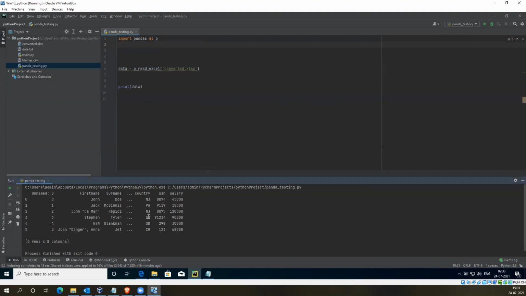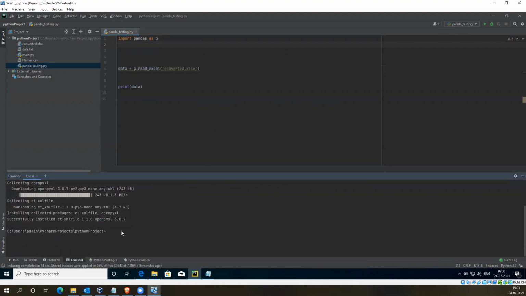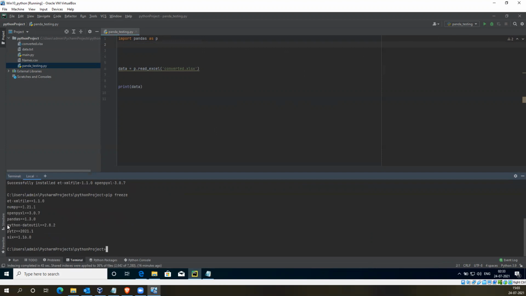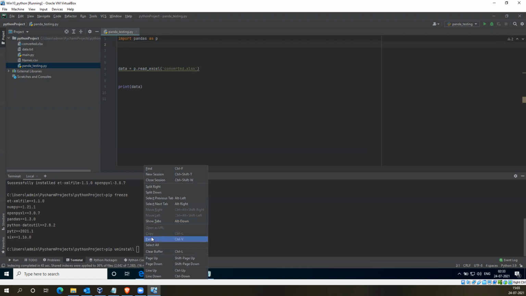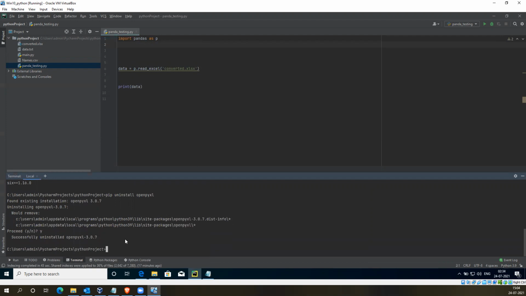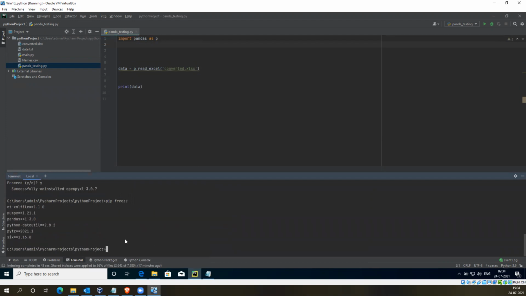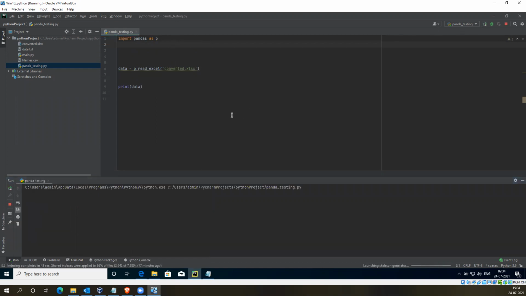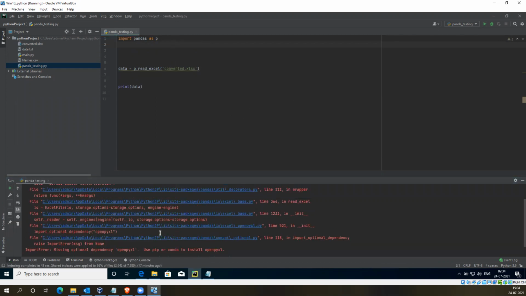So we don't use that second library yet. OpenPyXL, right? Let me uninstall this. It's not there. Now let me run it.